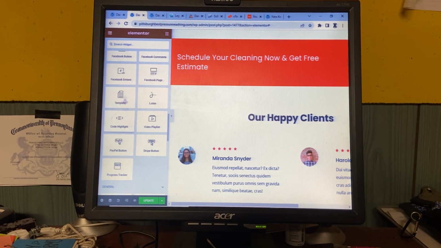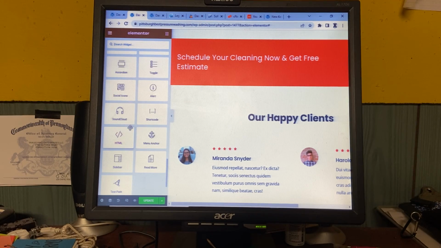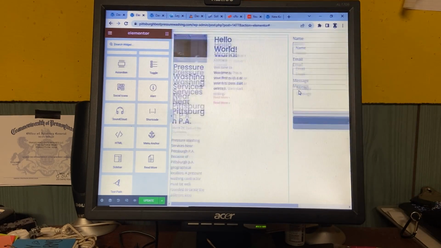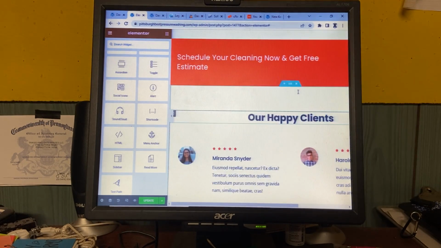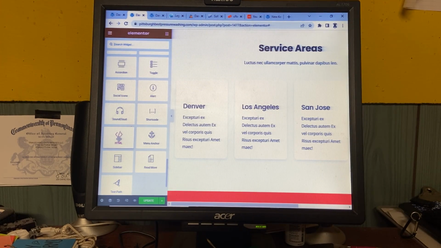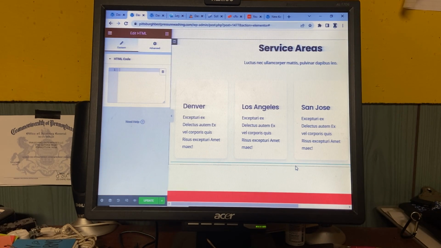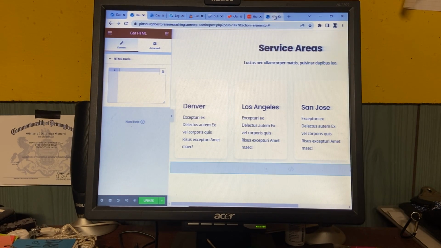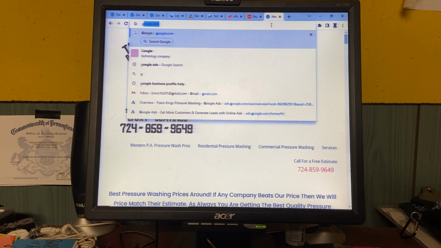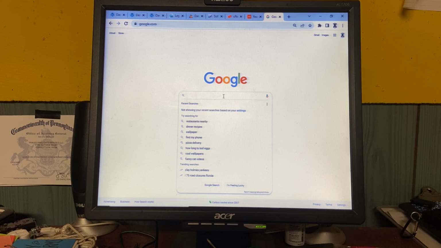let me see here. Sometimes I'll pass it HTML. So go to, where does it say your service area is at? Usually you want to put this right where your service area is at. Click HTML. We'll throw it at the bottom here. We'll do a quick Google search. Search for your Google business.